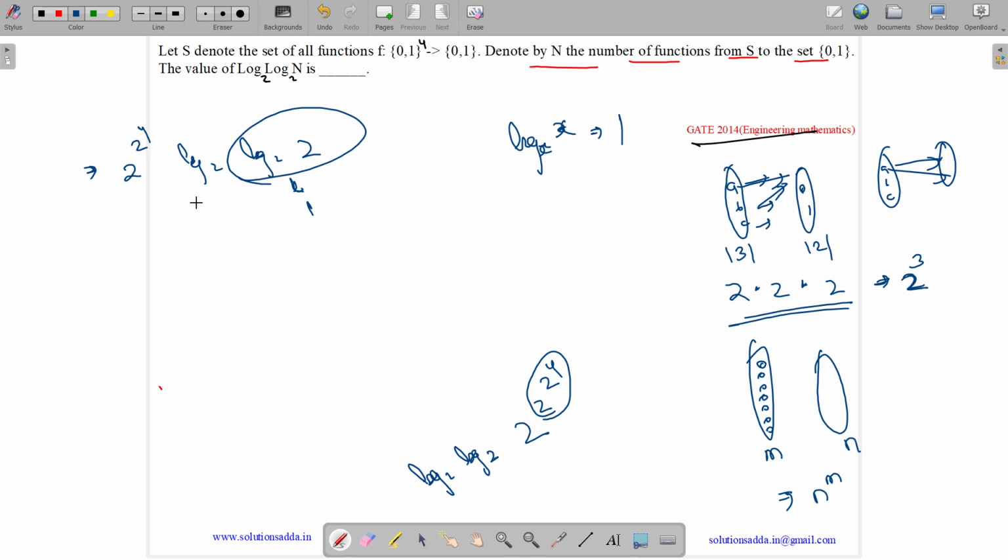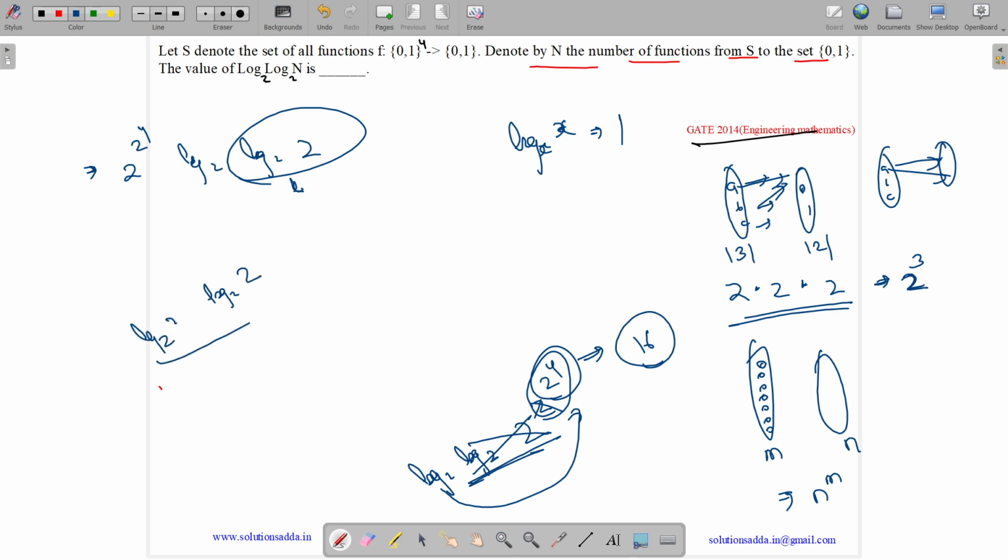So we can have it not like this. The actual logic is each log base 2 will cancel out one 2. So this log base 2 will cancel out this 2 and this log base 2 will cancel out this 2. We will be left with only 2 to the power 4, which is 16. So the first log base 2 will cancel out one 2 and the second log base 2 will cancel out another 2, and we will be left with only 2 to the power 4, which is 16.